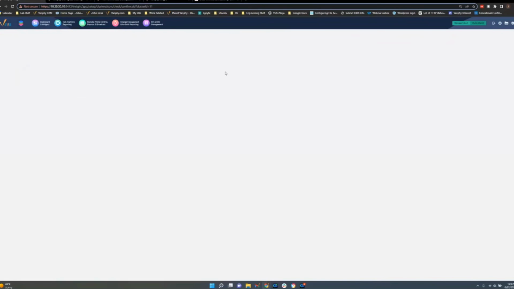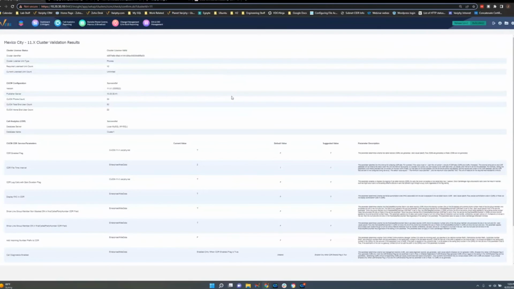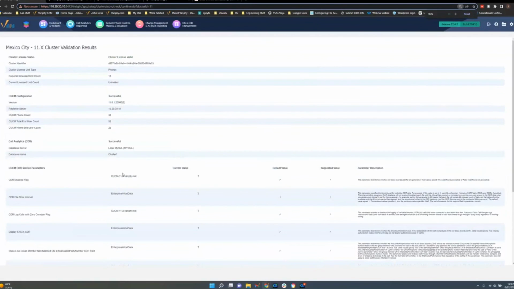And Jim's going to peruse this briefly once this lab check comes back. Here we go. If you wouldn't mind zooming in quickly, just for our eyes. Everything's green up top, the three green sections, so that looks good. This lab that Jim's connected to right now only has one publisher on it. But if there were multiple nodes in a field production environment, there would be multiple nodes listed underneath here. Where Jim's hovering over for the current value would be the CDR flag. Is that set to true or set to false?